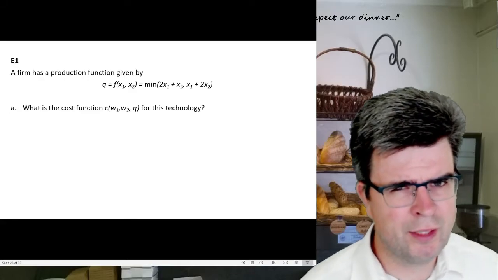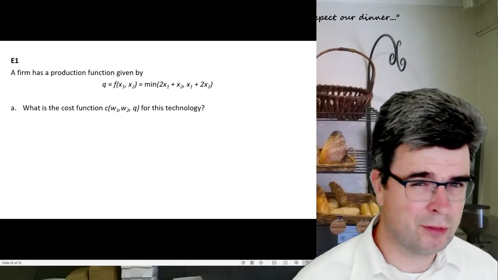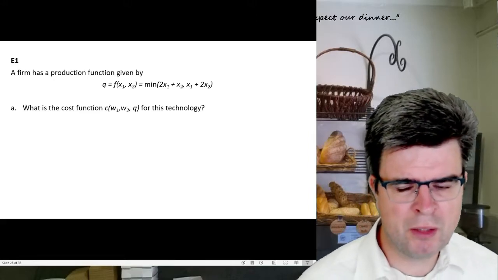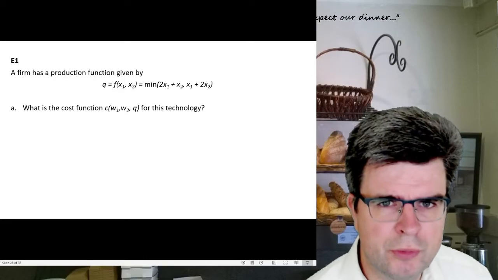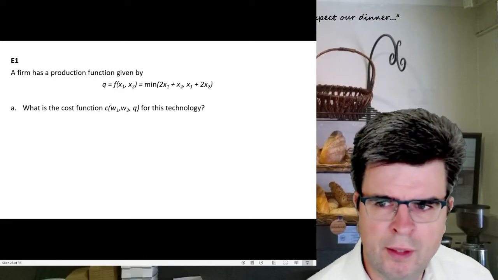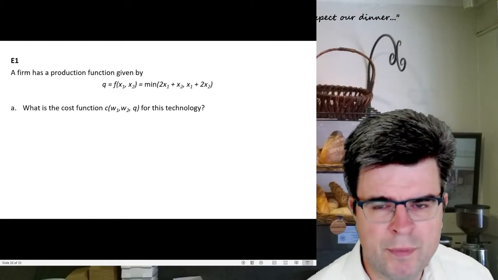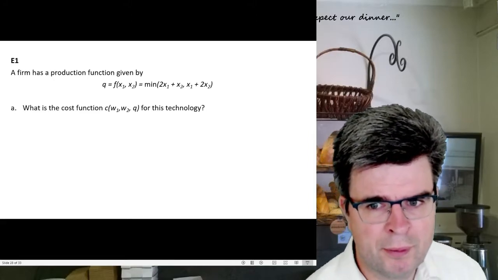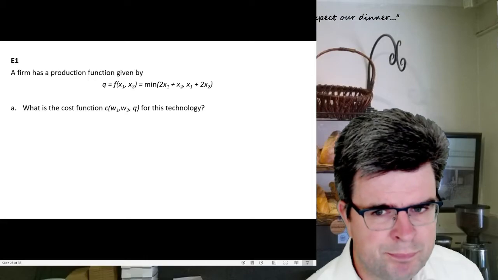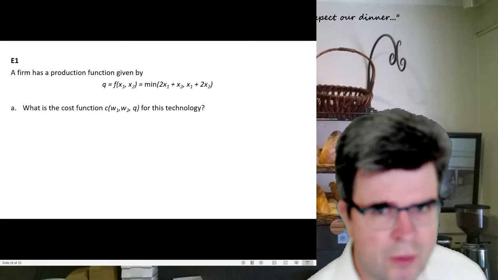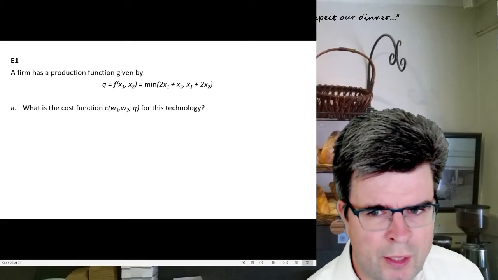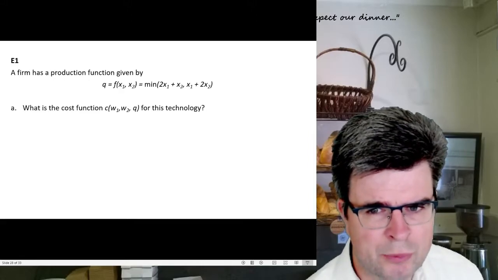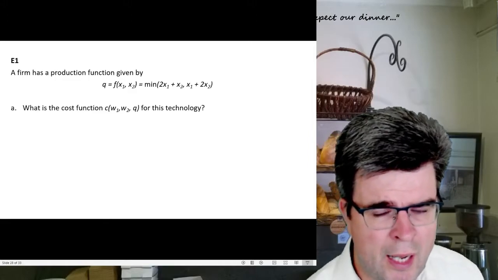And then we have an extra exercise called E1. And E1 is interesting because it gives us a very strange production function. So the production function is a function of x1 and x2, think of capital and labor, and it's a minimum, but unlike what we've seen before, in this functional form, we have the minimum of 2x1 plus x2 and x1